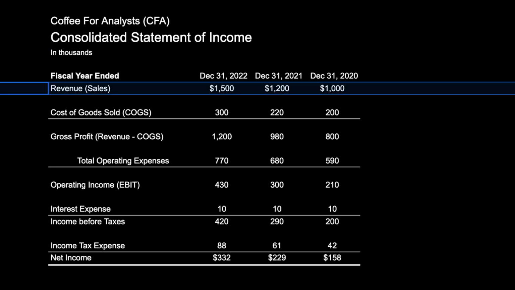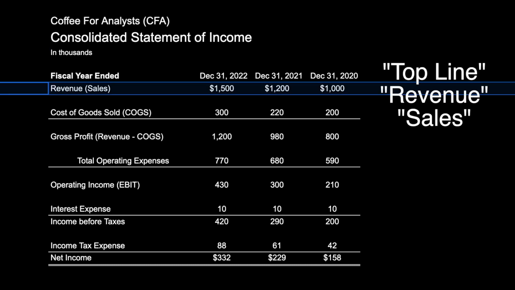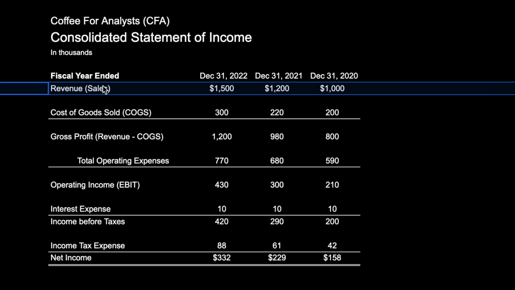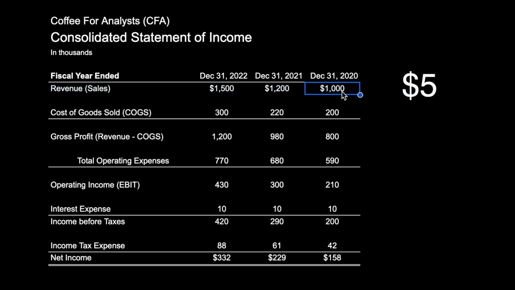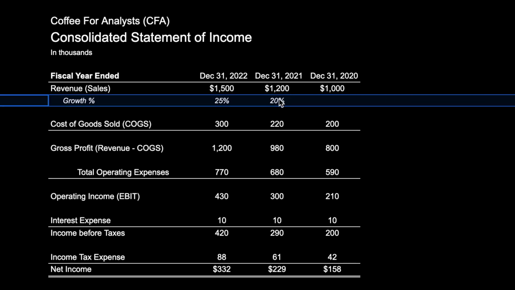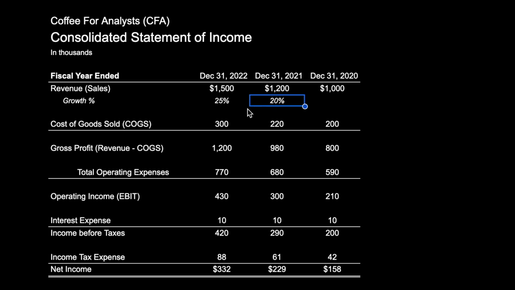You would start by looking at the top line, also known as revenue or sales. This is the money you earned from selling coffee drinks, food, and merchandise. So if a customer buys a cup of coffee for $5, that's $5 of revenue. You want to see revenue grow over time. So in this example, we can see from 2020 to 2021, revenue grew by 20%, and then it grew by